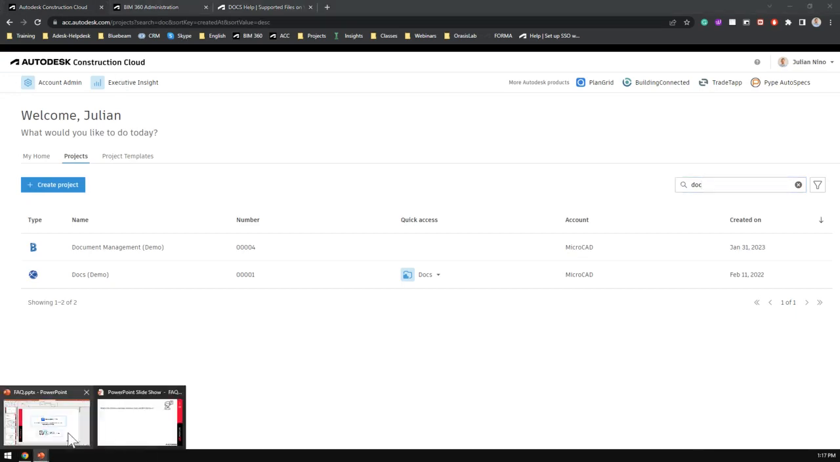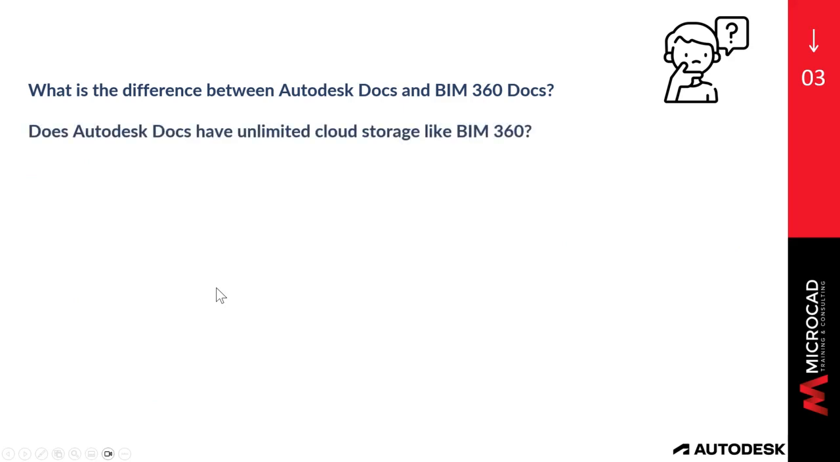Now, another question that we receive when it comes to using this product is, does Autodesk Docs have unlimited cloud storage like BIM 360? And the answer is going to be yes. When you're a subscriber of Autodesk Docs, you're going to have unlimited storage on the Autodesk Construction Cloud. And it's important for you and your team to continue with the renewal of your product, right? That way, you're going to guarantee that you don't have any lapse of time where you don't have access to